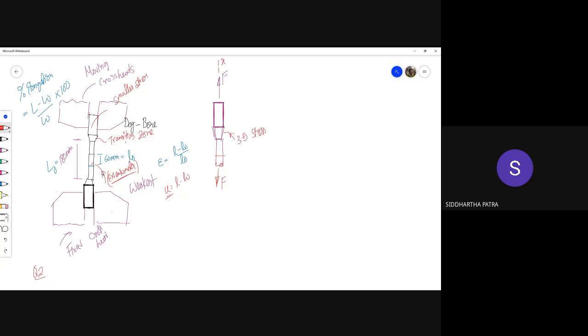By the way, how the extensometer looks, you will only get to see in the video. The extensometer is a very tiny device. I cannot actually draw it very neatly over here. We use a mechanical type extensometer. And about the stress, we don't actually measure the stress. There is a difference between what we measure and what we are trying to calculate.